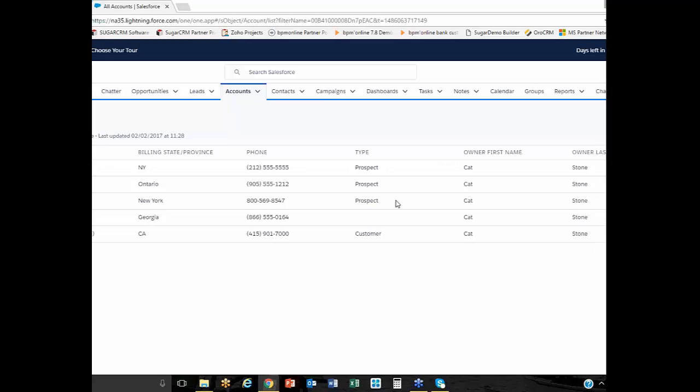So I log into the system and I go to my accounts, and perhaps I just load the accounts that I'm specifically working on, so I don't have to do that redundant searching that no one really wants to do throughout the day. And then once I have my list up, I simply click on a specific account and I can go directly into the detail of it.